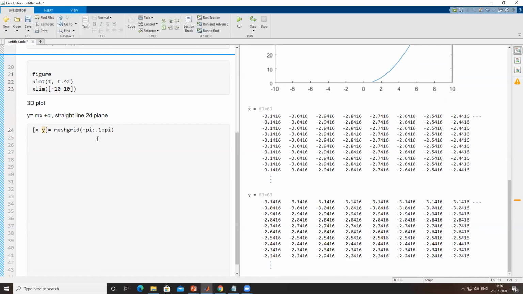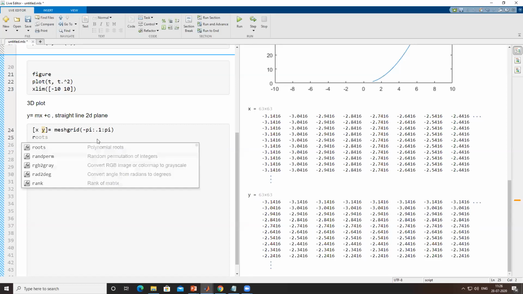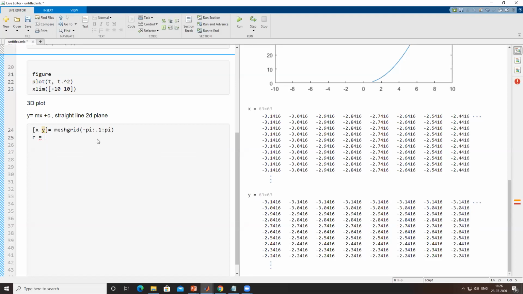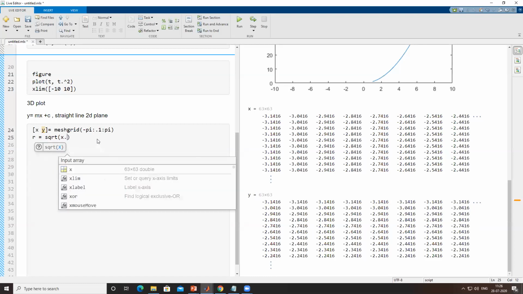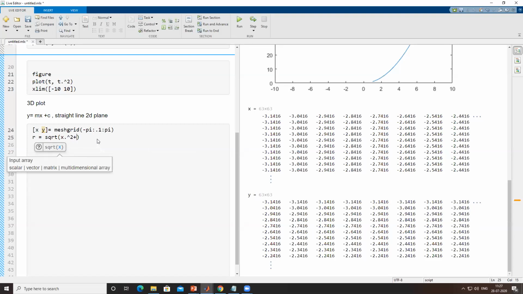For that, I will transform the xy into polar coordinates using the radius calculation. Here r stands for radius: r equals sqrt of x.^2 plus y.^2. It doesn't matter in which direction we go, the cone height will only depend on the distance we move from the origin.